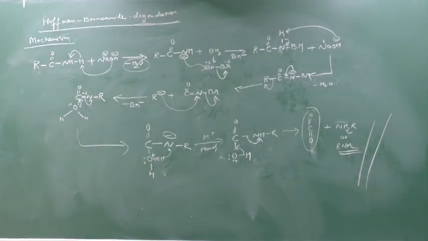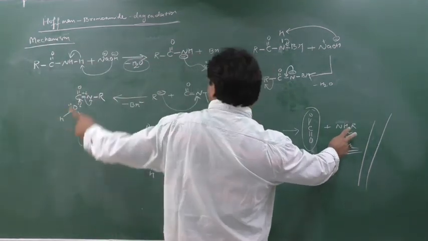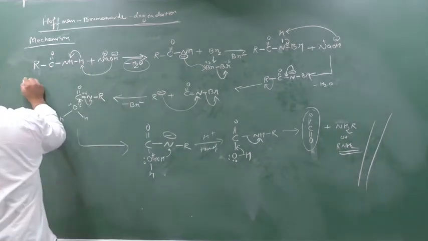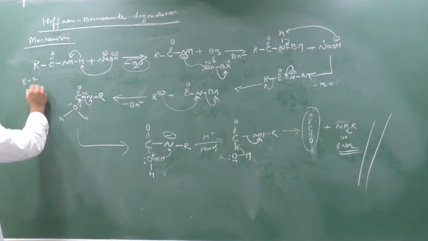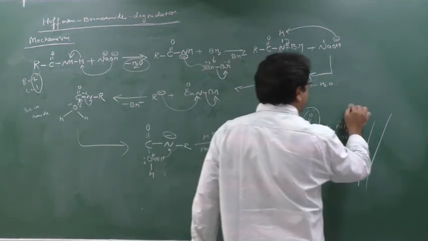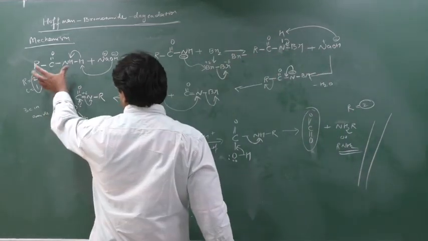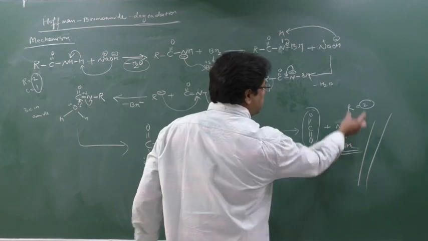See better, why degradation? See here there was RCO. Suppose in R, if I would have used 2 carbon of R, so 2 carbon of R and this 1 carbon, so 3 carbon. So 3 carbon of amide I have used and I got only R. See here R I am taking as 2 carbon and carbon is 1, totally 3 carbon in amide. But in amine, how much we are getting? We are getting only R. R contains how many carbon? 2 carbons.